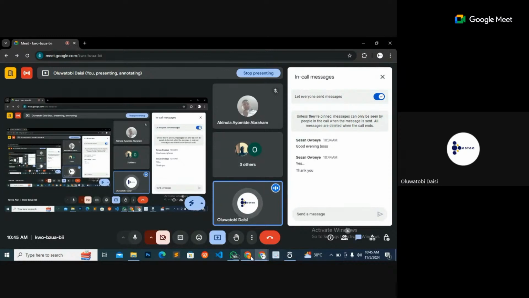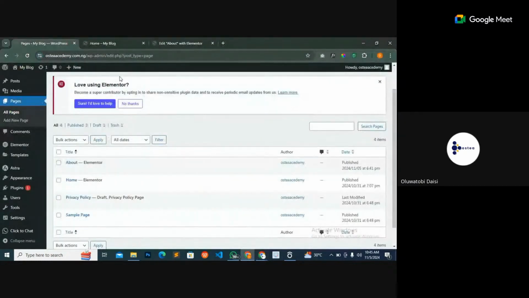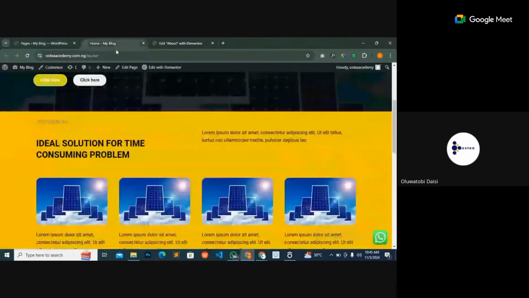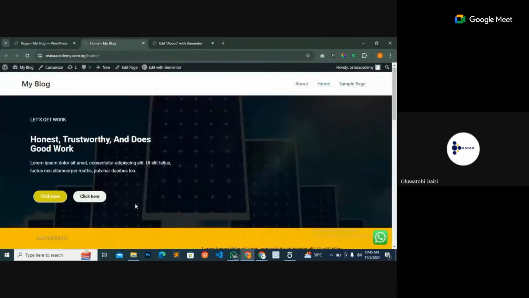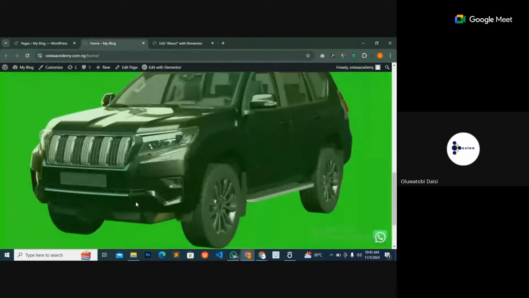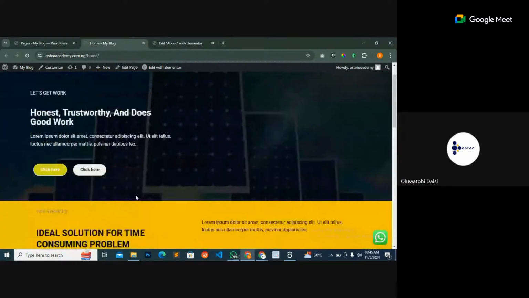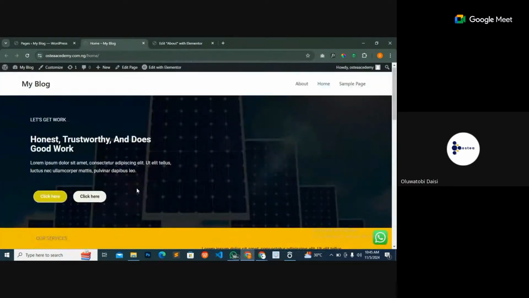So, all right, having done justice to that, let's then begin the business of today, and that's getting ourselves familiar with Elementor widgets. How we are going to achieve that is to recreate what you can see here. All right, so let me do a very brief introduction. I have said it earlier that